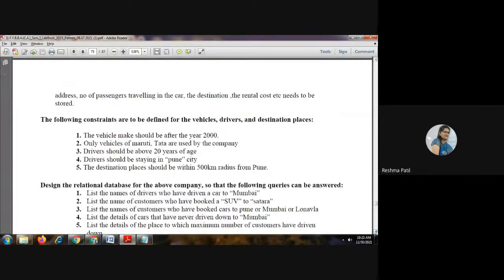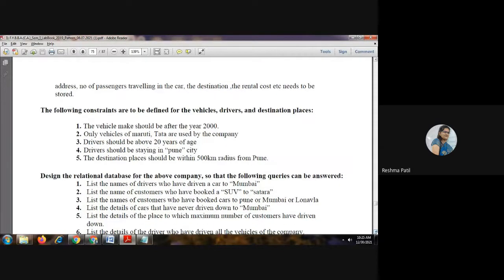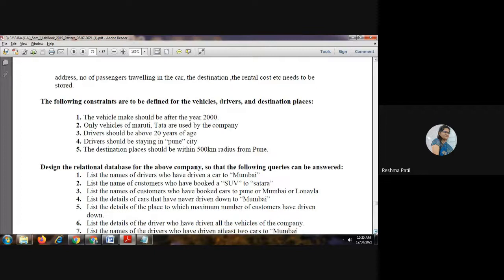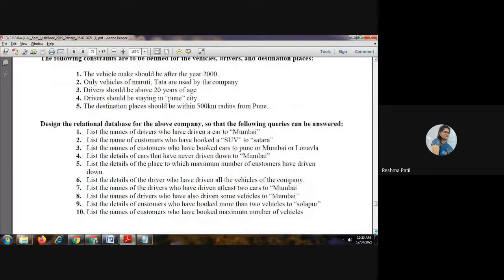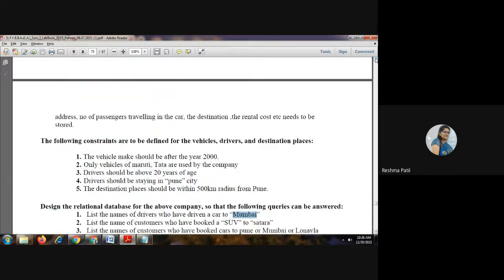Maybe there are some answers about what type of data a particular field is going to contain. So check the queries before creation of the table. On the basis of this, you will create the table as well as insert the values. For example, Mumbai. Somewhere we have to insert this record, SUV, Satara. So before creation, at least read these questions first and then go to the creation of the table. So work with this exercise number 10.